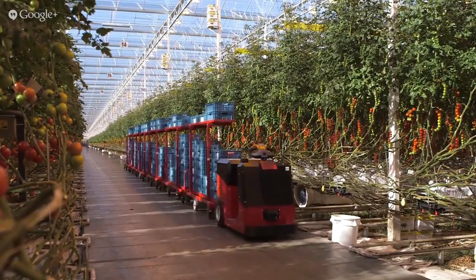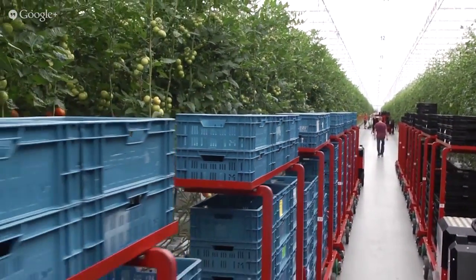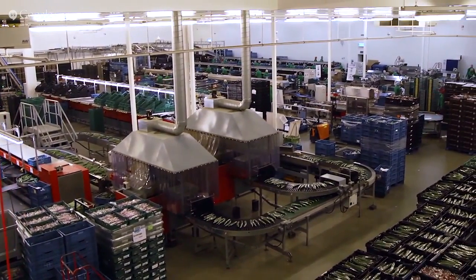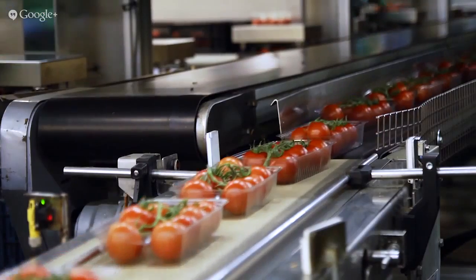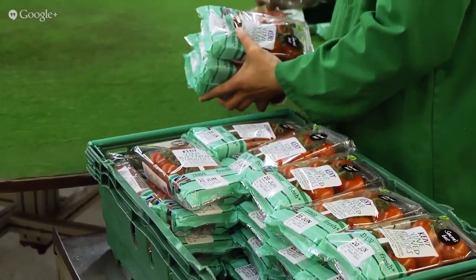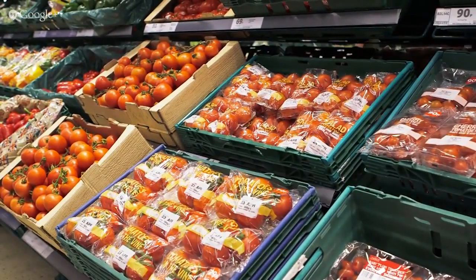Once the tomatoes are picked, the crates are collected by driverless mini tractors. They are then taken to the loading areas where they are weighed. Next, the tomatoes go to the pack house, where they are checked for quality and packed in punnets. Before being loaded onto refrigerated lorries and taken to stores near you. It takes just 3 days from picking the tomatoes before they are ready for you to buy and enjoy for